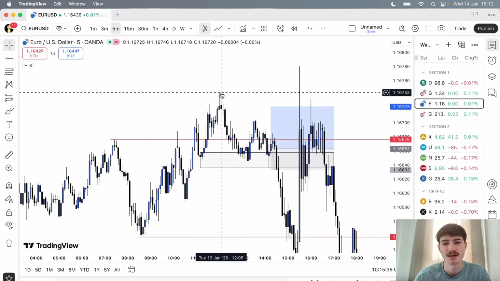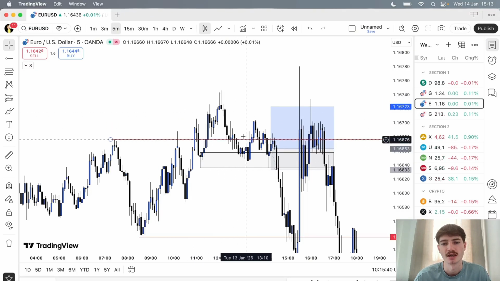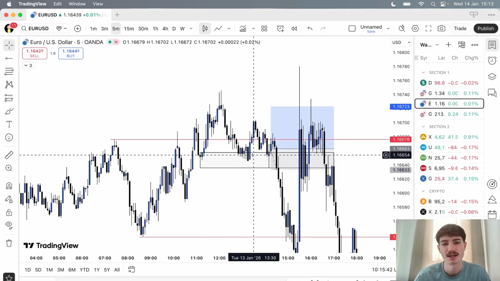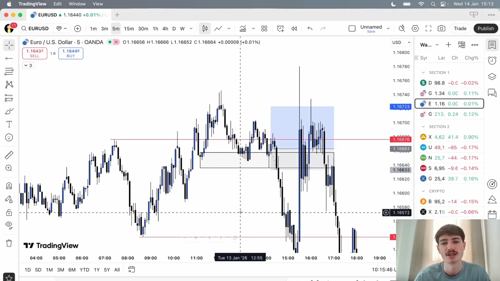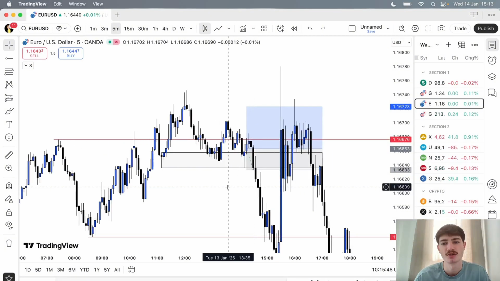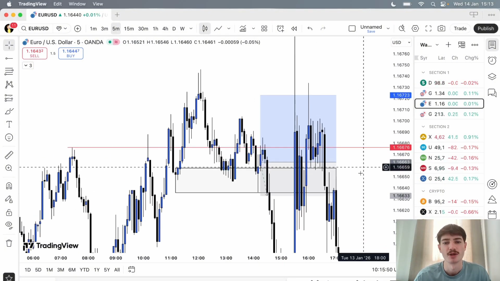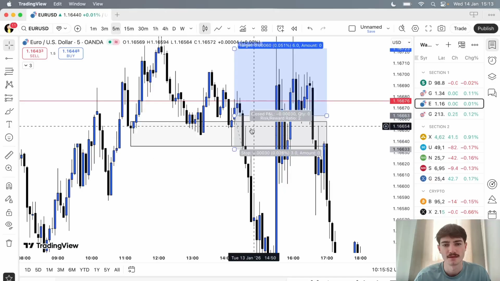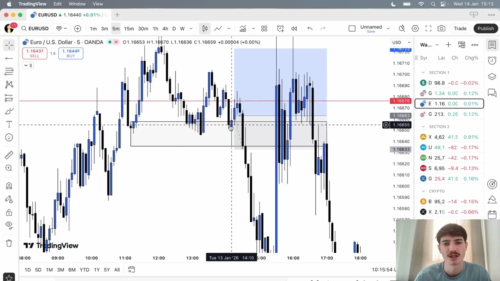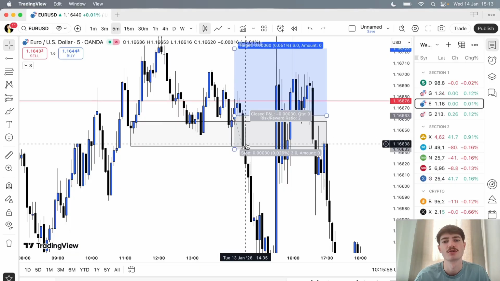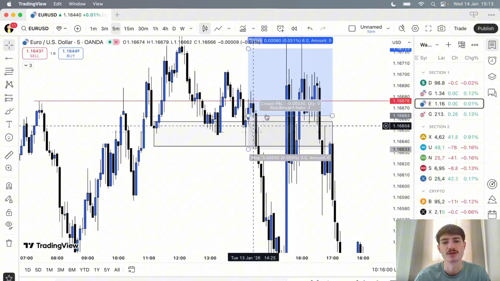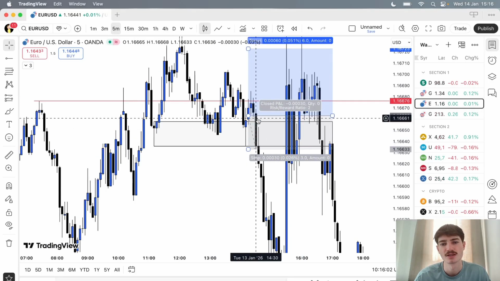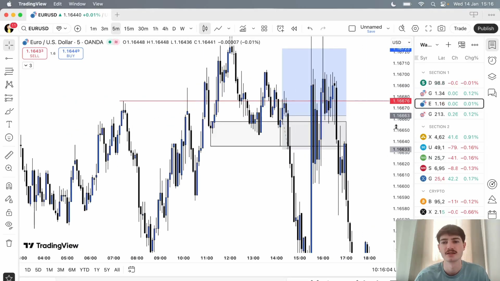But anyway, I marked out this demand zone on the 5 minutes, and as you can see, we had this nice break above the Asia high, and then this pullback. I wasn't on the charts when this happened, so I could have got my entry here, but when I eventually got onto the charts, I managed to get this entry here. There was this nice bullish candle that wicked this demand zone, so that was a good confirmation for me to enter long. So I entered, and as you can see, price just went against me completely, which is